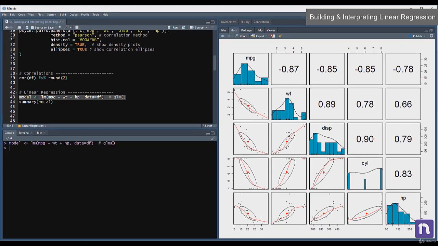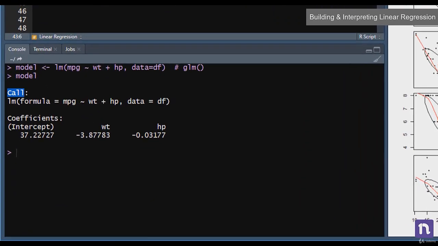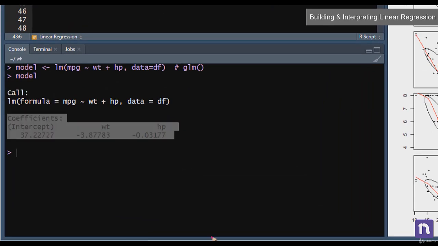Let me run this. Now the model contains the call, that is the formula that you had used, and the coefficients of the respective variables. How you can interpret these coefficients is